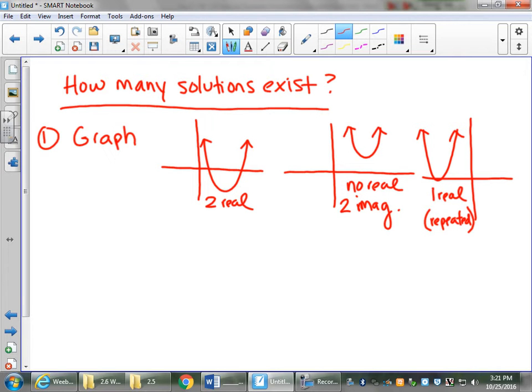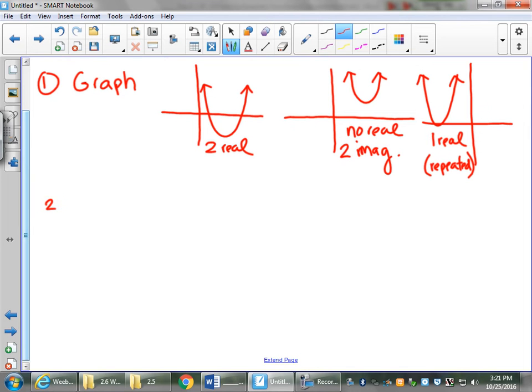Quadratics should always have 2 solutions, either 2 different, 2 imaginary, or 2 of the same. And that's because the quadratic has an exponent of 2, a degree of 2. It'll always have 2. Again, 2 different, 2 imaginary, or 2 that are the same, repeated. The second way,